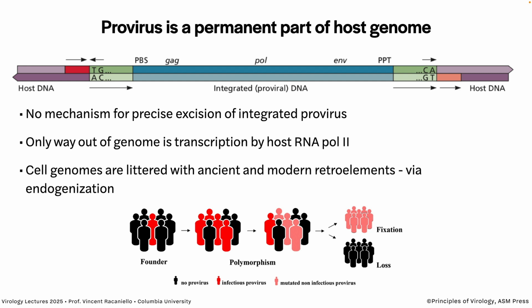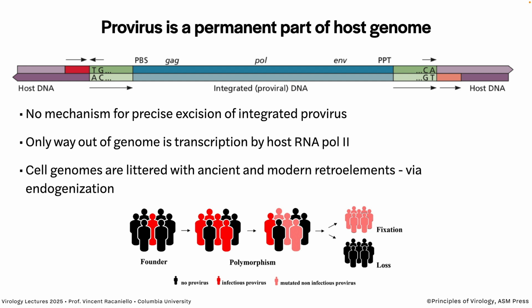Now, sometimes these proviruses don't just integrate into your somatic cells. You know what a somatic cell is, right? Everything but your germ cells. Sometimes they integrate into germ cells, sperm or egg, and it gets passed on to offspring. And once DNA is in, it can't get out. There's no mechanism to get it out in the cell. And so our genomes are full of proviruses from ancient retroviral infections. We have hundreds of them.